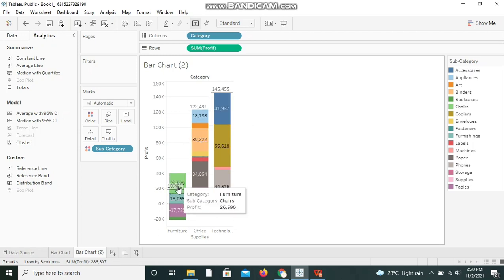So what it is doing now is we have a category under which we have 4 subcategories, and each and every subcategory has some profit, which is 18,445, a wholesome total of furniture. And the same way office supplies has multiple subcategories, which conclude a total of 1,22,491. The same way technology has